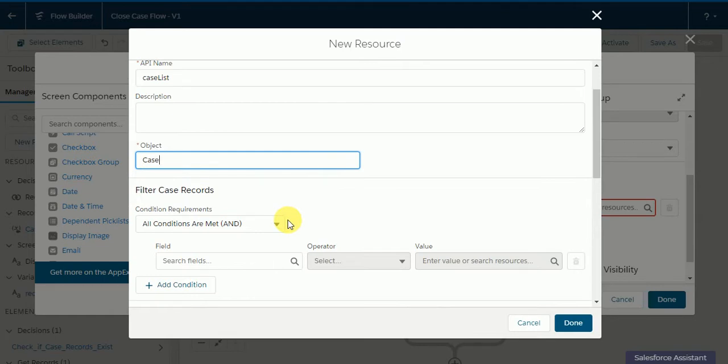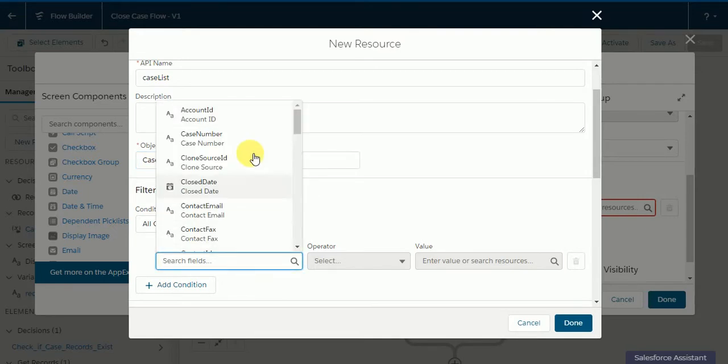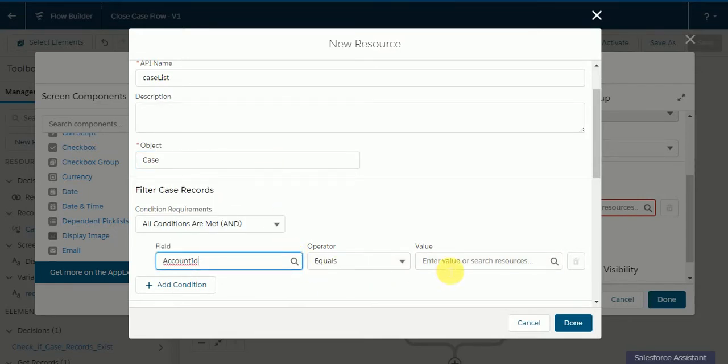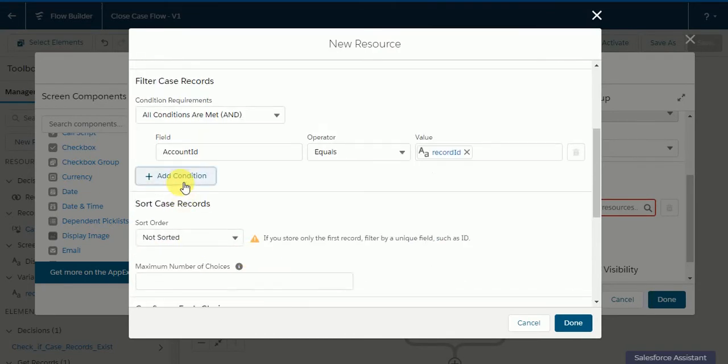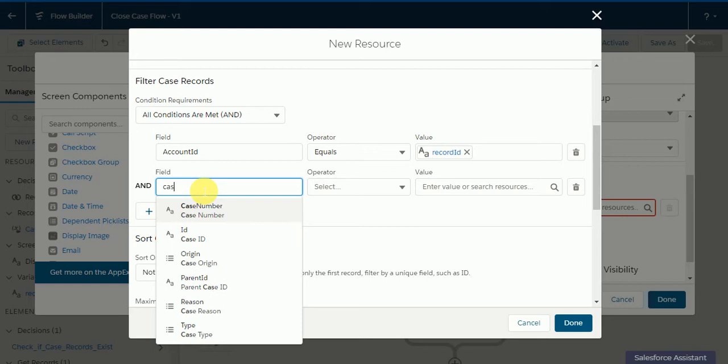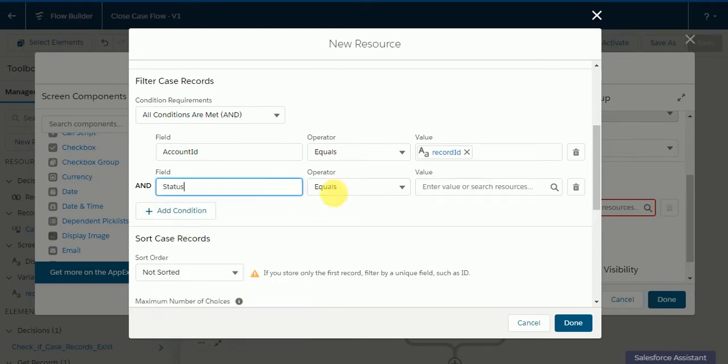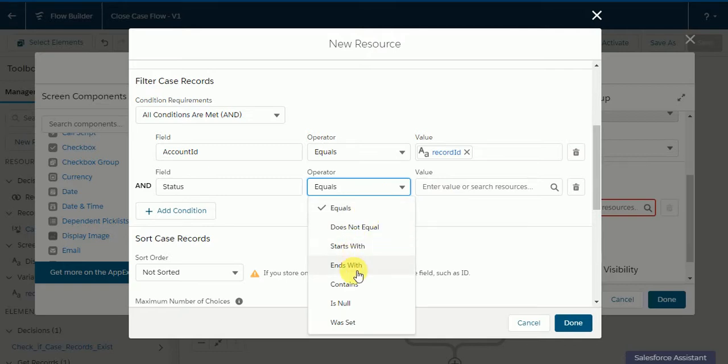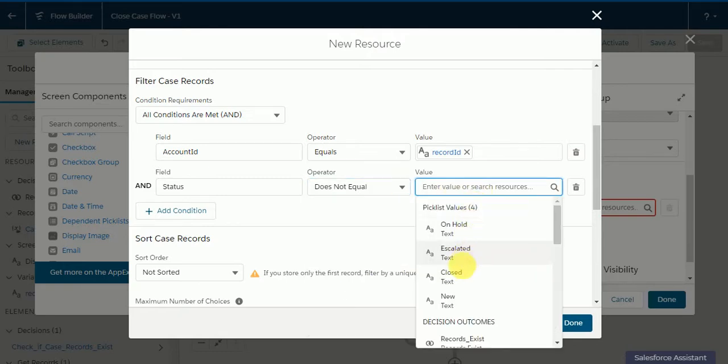So here also I'm going to filter all the case records with the same conditions which we gave in the get case records. The condition is account ID is equal to the record ID, and other condition is case status does not equal to closed.